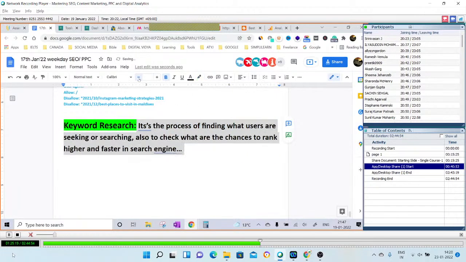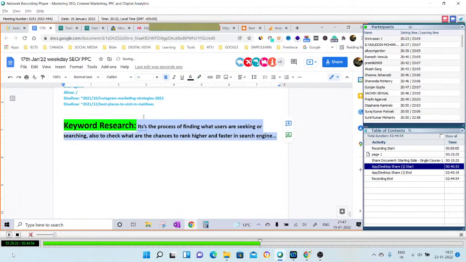So we'll be doing it in class. I'll be doing it using any of the examples, and then you're going to do it for yourself. I'm going to be giving you the sheet access also today, maybe if we are able to finish everything today. And you're going to put your name and you're going to do a lot of data for yourself, not for me, for yourself. Okay, so how will that be done? I will make a sheet in front of you right away, and I'm going to bring the topics, and one by one I'll open all the tools. Suppose I am doing the keyword research for any company, like I am being hired to do the keyword research for any of the SEO sites or maybe any website.